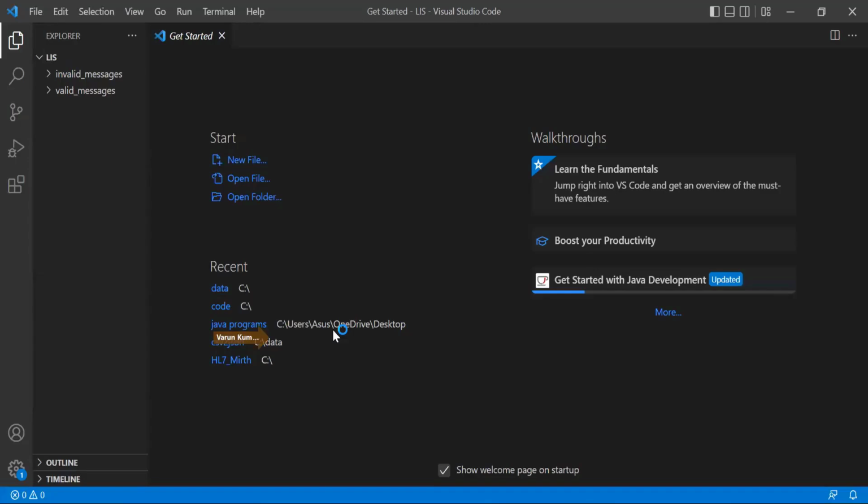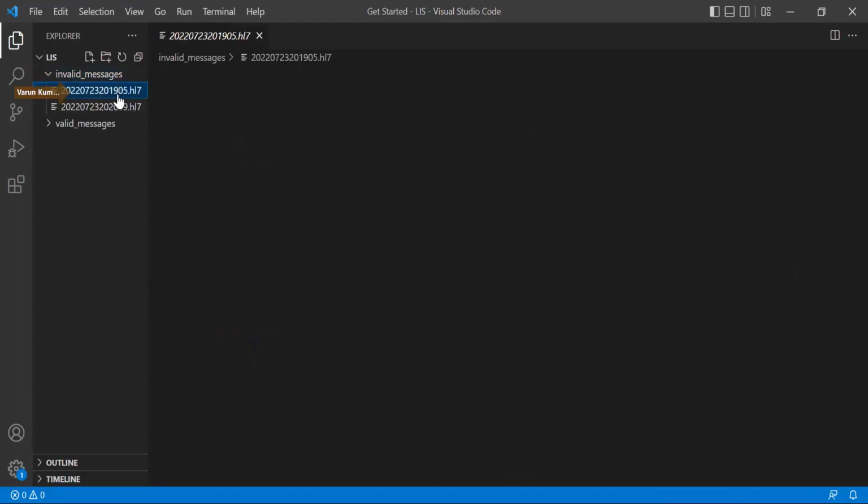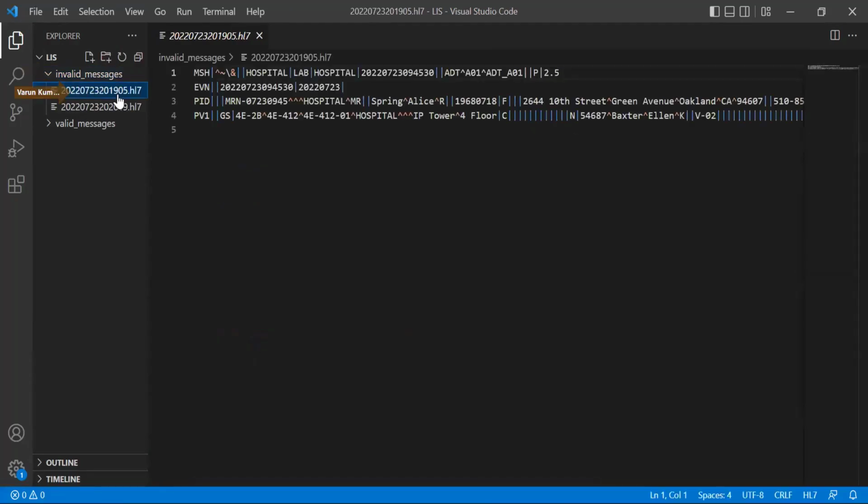Now, click on invalid messages. Expand this invalid messages here. Left hand side. Yeah, select the first message. So here. So this is an invalid message. Why?